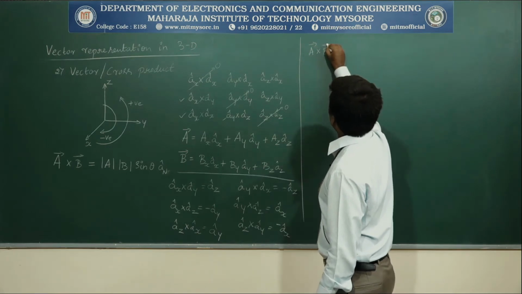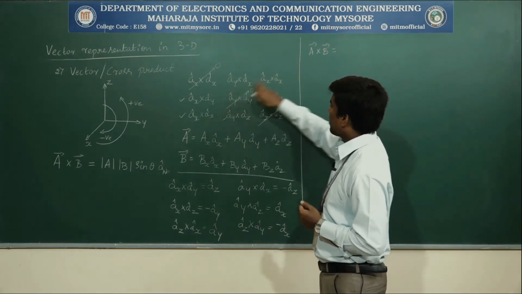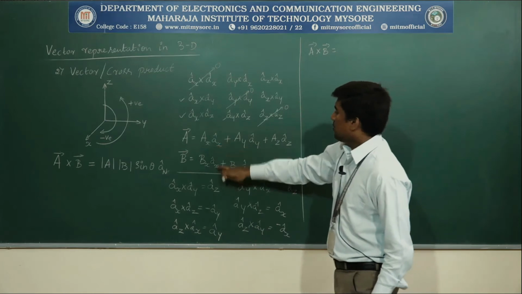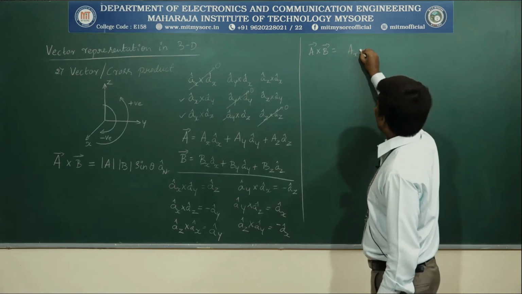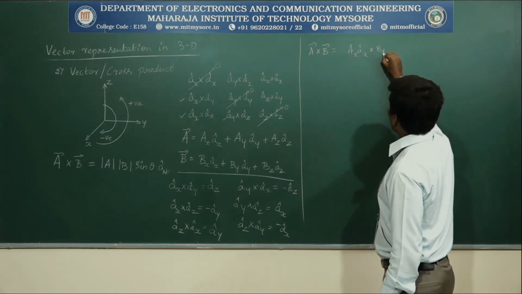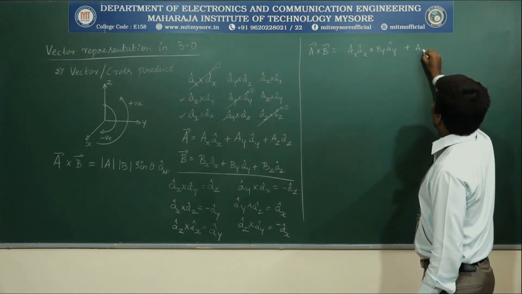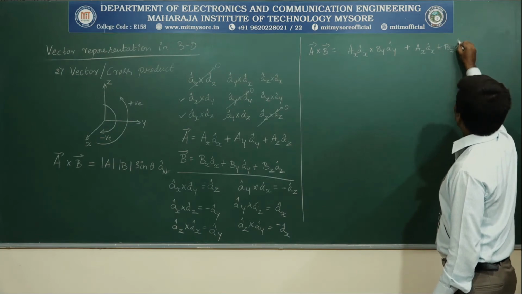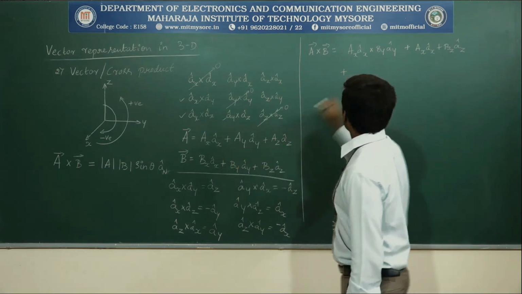A cross B is equal to, write it. Which are the components we are going to get? Only 6 components we need to write. The first one, let me write here: Ax A cap x, these two components won't come, this into this and this into this. Ax A cap x cross By A cap y, plus Ax A cap x cross Bz A cap z, okay, plus, then this is over, we need to consider this,